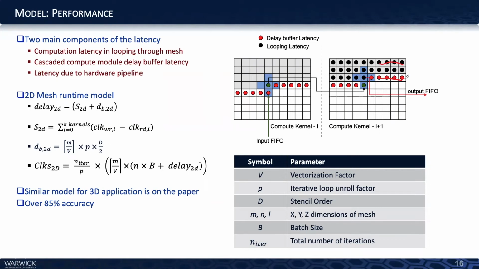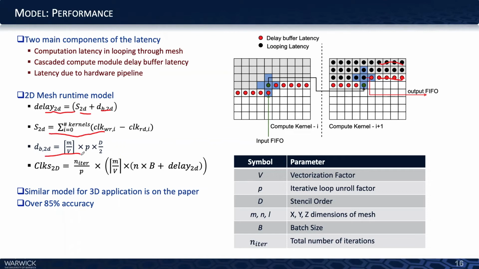Let's briefly model the latency in processing meshes of batch size B for n iterations. Other parameters are vectorization factor V, iterated loop unroll factor P, stencil order D, and mesh dimensions M and L. The first expression, which calculates the total delay, adds the pipeline stage delay and the delay buffer delay. Pipeline stage delay can be calculated by summing the difference between the pipe write and pipe read clocks. Delay buffer delay can be calculated by